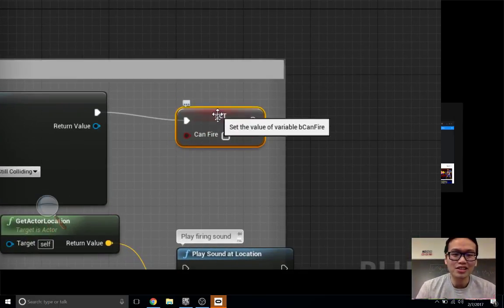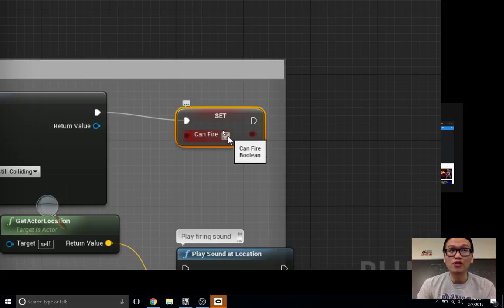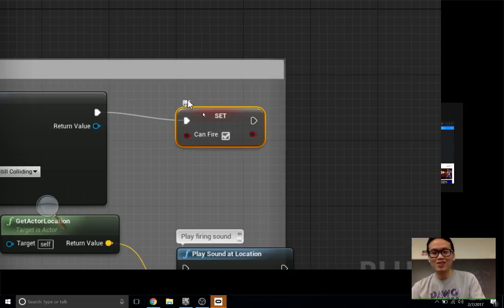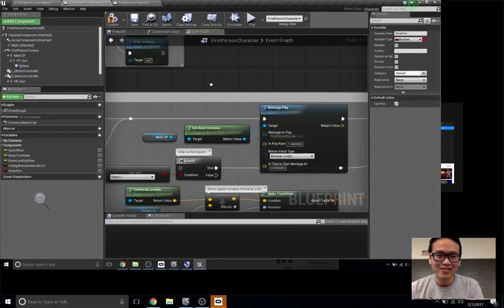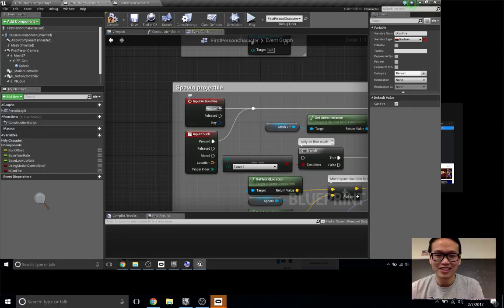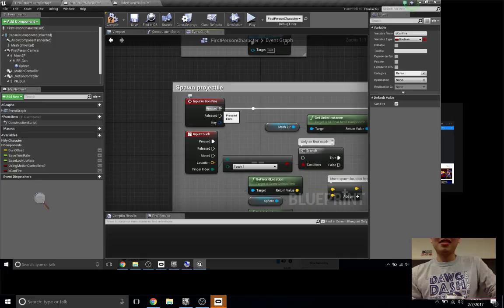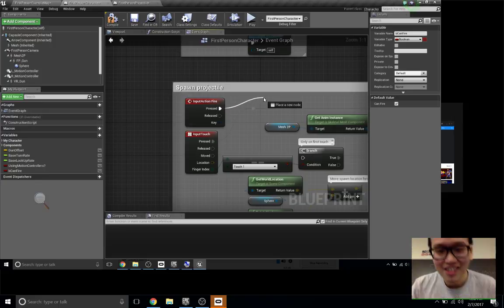So basically, after I finish fire, I'm just going to set can fire to false for now. That means right now I can only fire once. Well, not yet, but false. I don't check it. So over here, what would be a similar thing I could do? Before I fire, what should I do? What is the node that you would use? Branch. Okay, so drag it out.